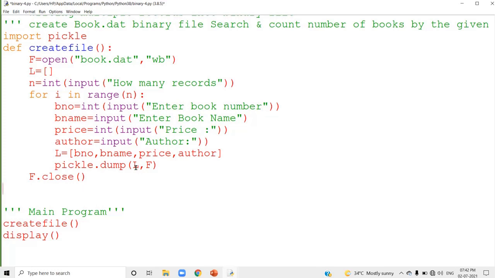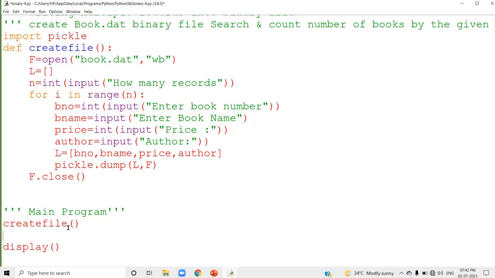Before writing the second function, I'll write the main part of the program. Inside the main part, I just called the create function, so automatically the binary file will be created.